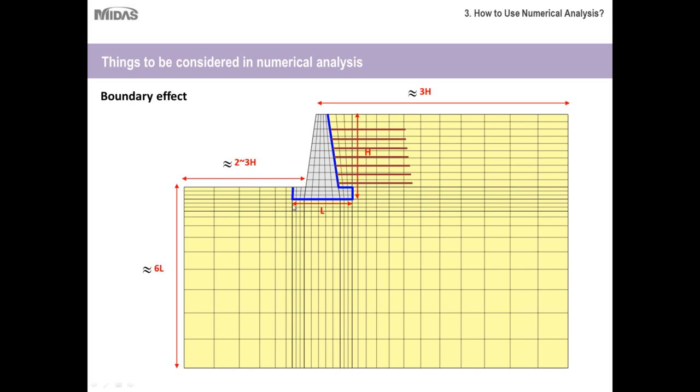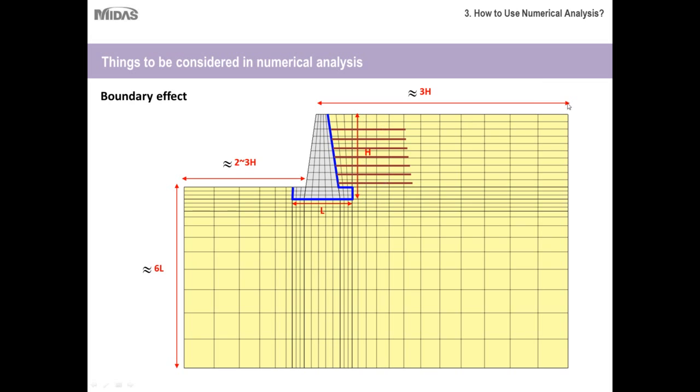And if the length of the foundation is L, then you have to go below the foundation to approximately 6 times the length of the foundation. And in the same manner, you have to consider on the front side 2 to 3 times the height of the wall. So if you add these two up,